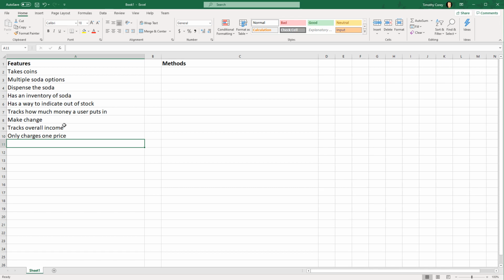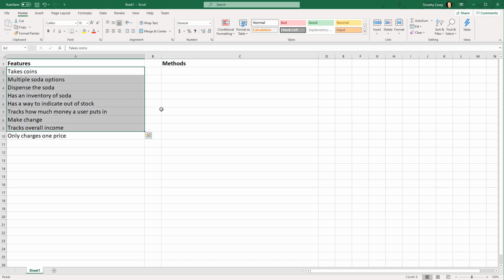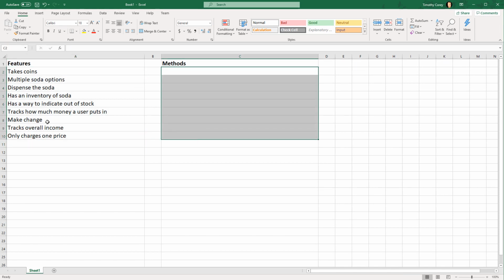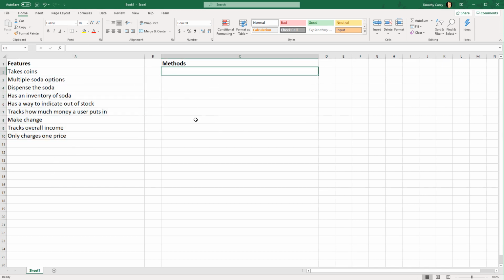So it's not individual pricing for each different type of soda or each different slot or option. Now, since this is a very small application, we're going to plan out our methods. This is the bonus challenge. So this is the primary challenge. This is the bonus challenge. And while we're pretty much done with the features, we might add one or two more as we go through